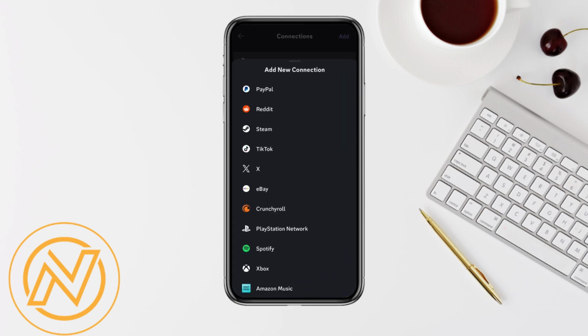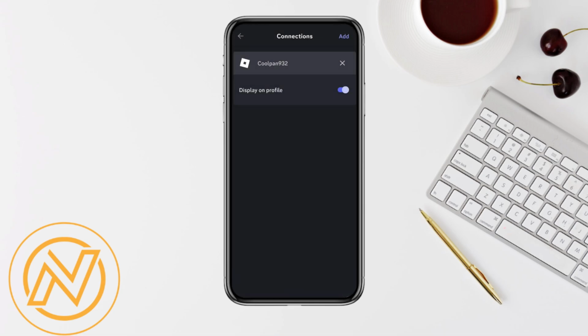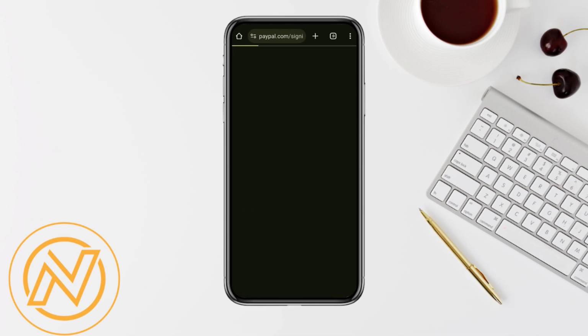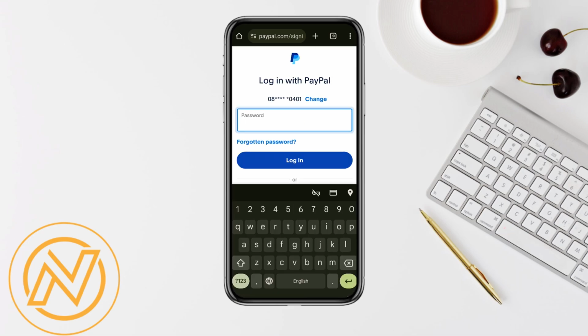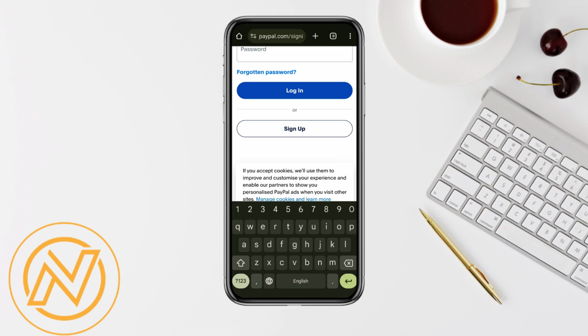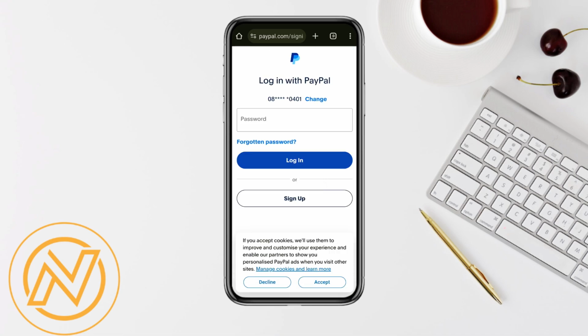And now just simply click on add from the top right corner, and over here the first option that you will see, it says PayPal. Since you want to connect your PayPal account with Discord account, just simply tap on it, and it will redirect you to the page where you have to enter your PayPal account details in order to log in into your PayPal account first. So just simply enter your password and your login details, and just simply log in into your